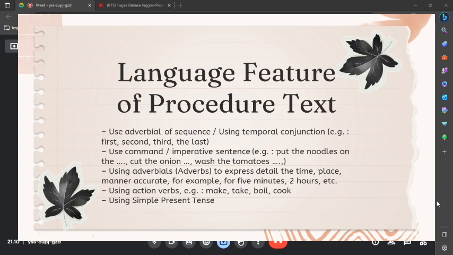They use adverbials of sequence or temporal conjunctions, for example, first, second, third, the last. Next, use command or imperative sentences like put the noodles on the, cut the onion, wash the tomatoes,